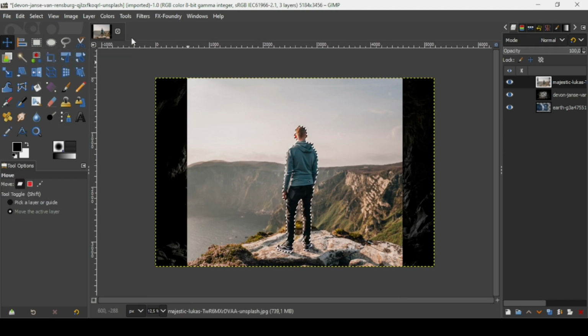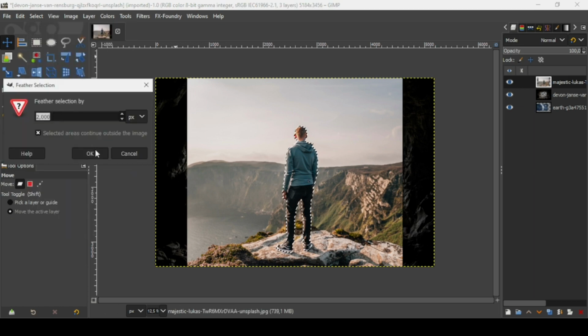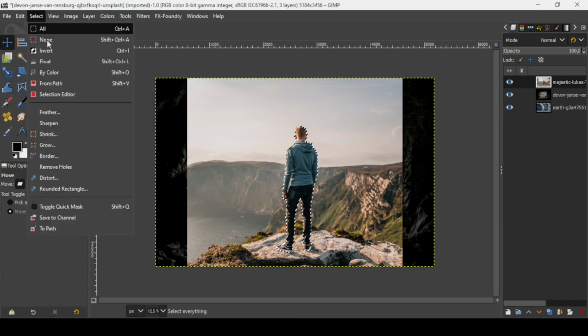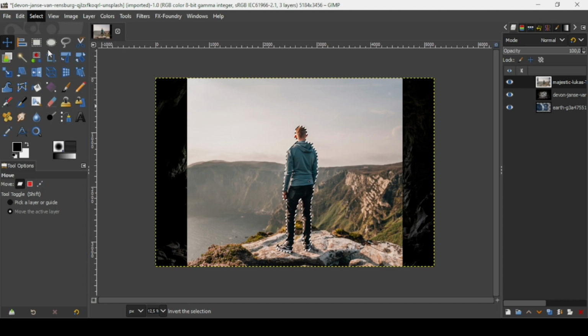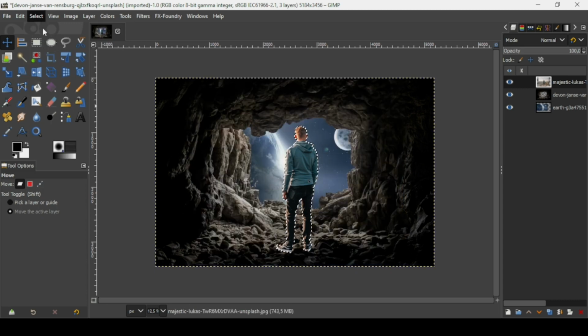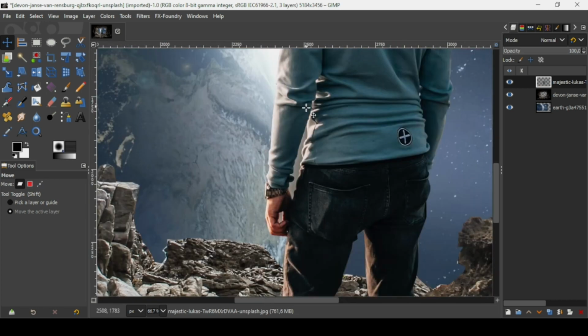And now I'm going to feather this selection. So go to select, feather, going to feather it by 2 pixels, press OK, and then go to select, invert, and then delete, go to select, none, so press the plus key here, and now I'm going to remove